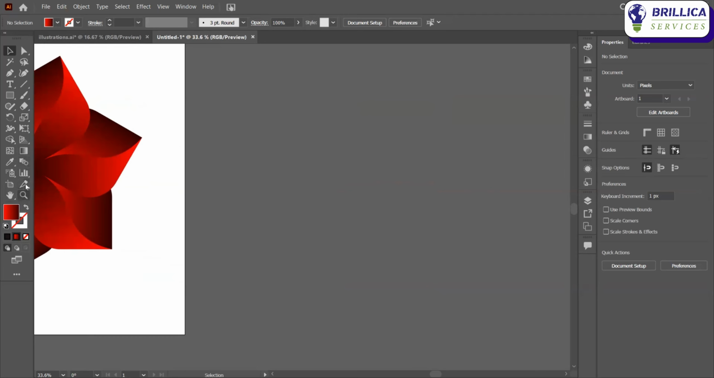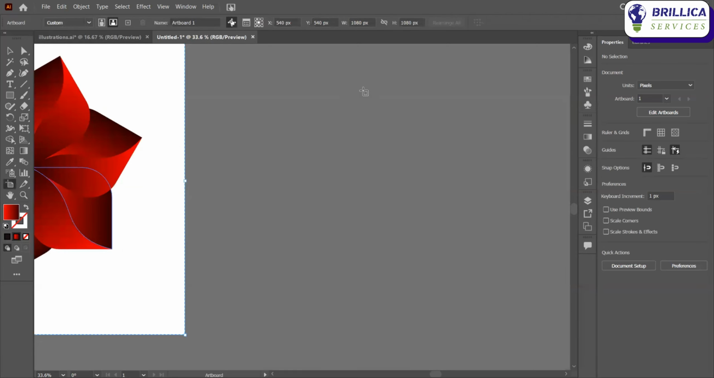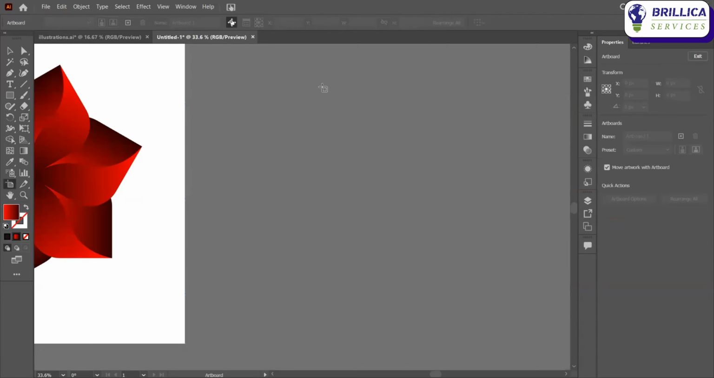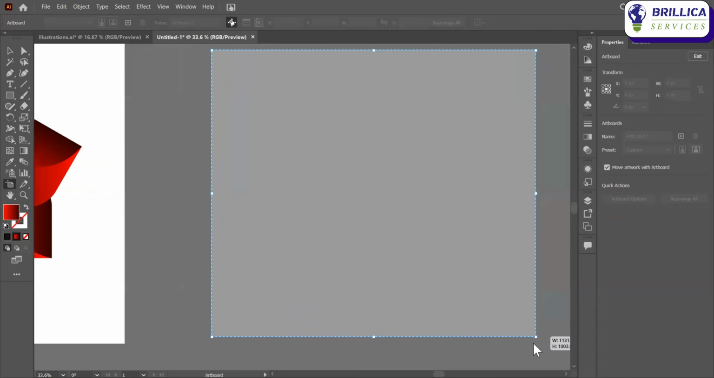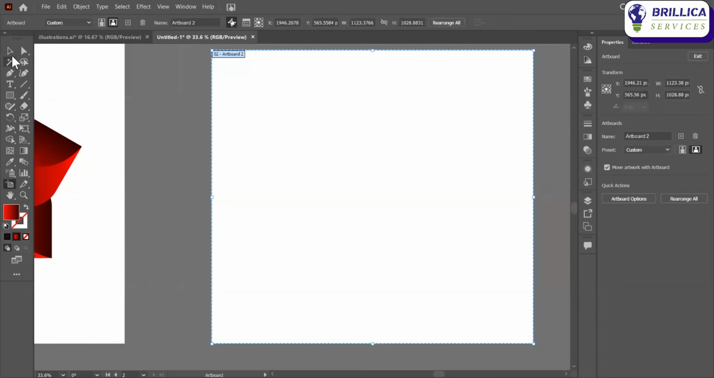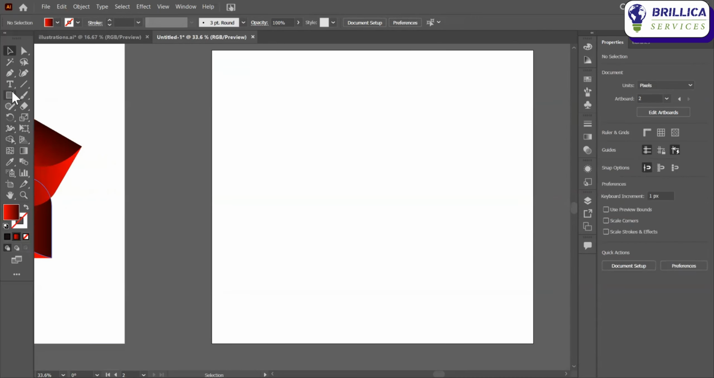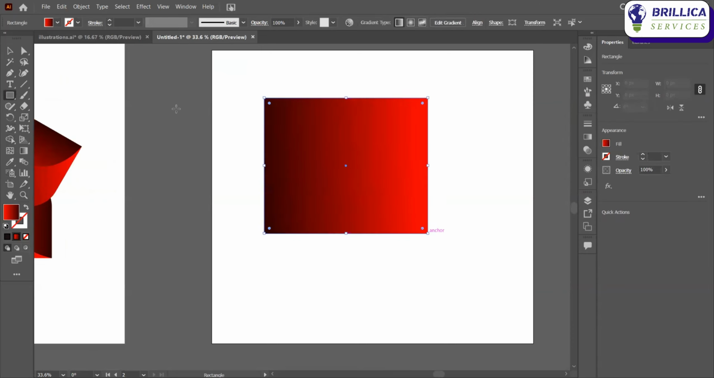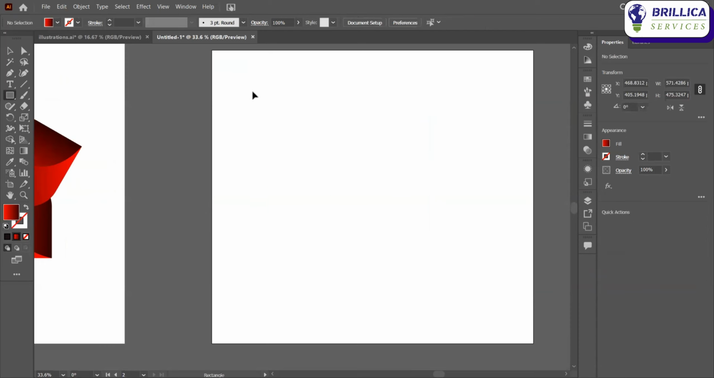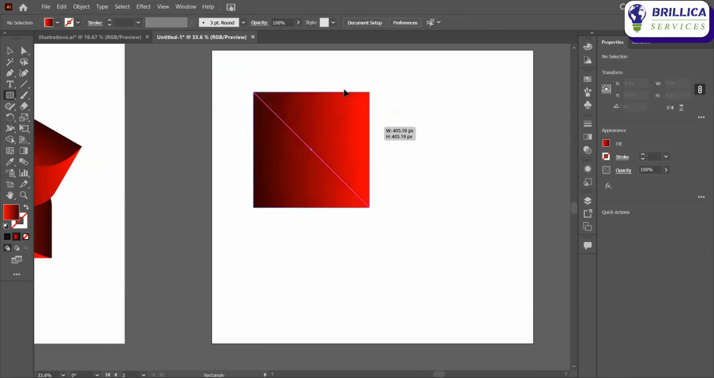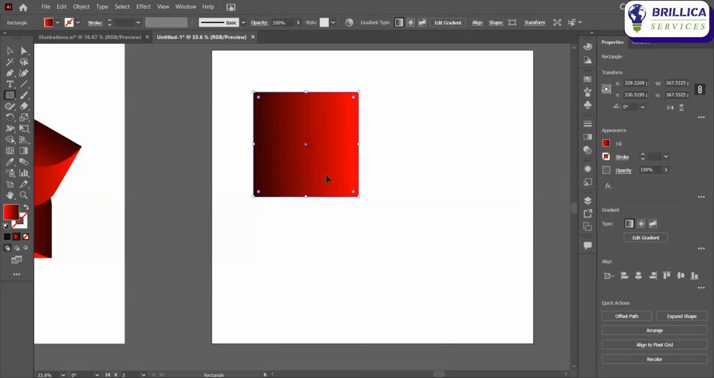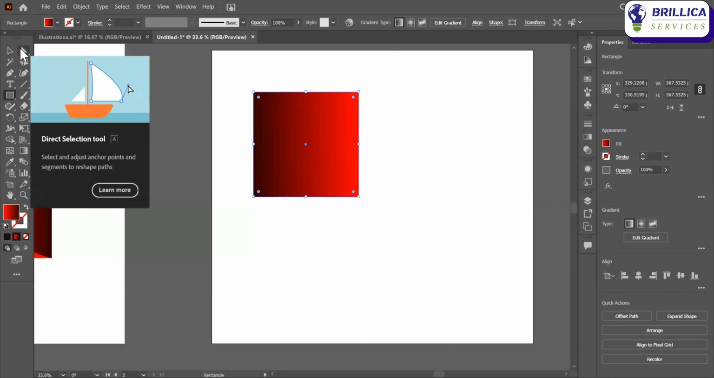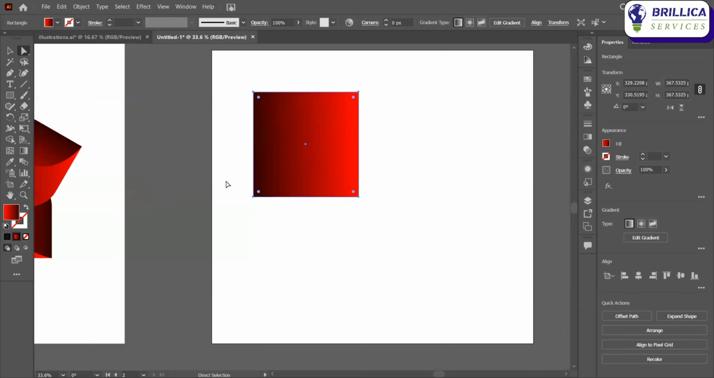Firstly, I was making another artboard with the help of artboard tool. It's done. Now I'm just using rectangle tool with shift E. Now just use your selection tool and select